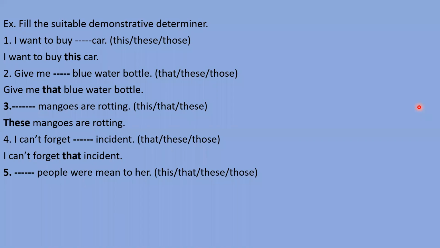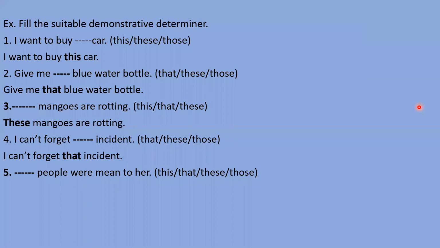The reason is that this and that we can't use because we are talking about people. So people is in plural number. That's why this and that are wrong words, right? Now these and those can come, but here we have to fill those. Why? Because when we talk about the past, things are considered far away. When we talk about the present, we fill these or those, but when we talk about the past we have to fill those, right?